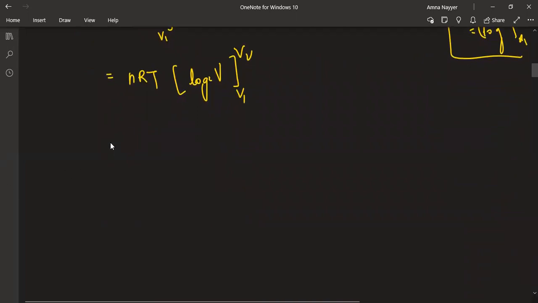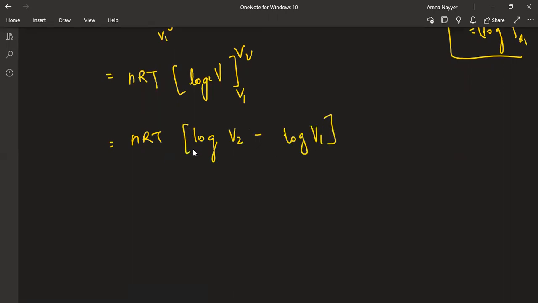So this will become nRT, log V2 minus log V1. And one more thing also class, when we write log a minus log b, this is always written as log a divided by b. So this will become nRT